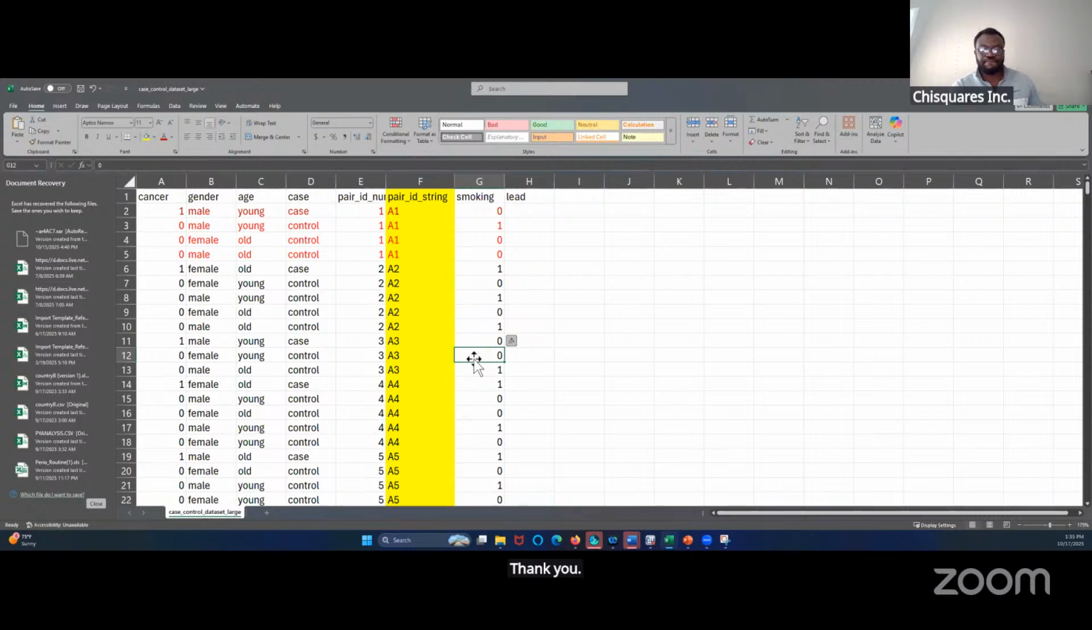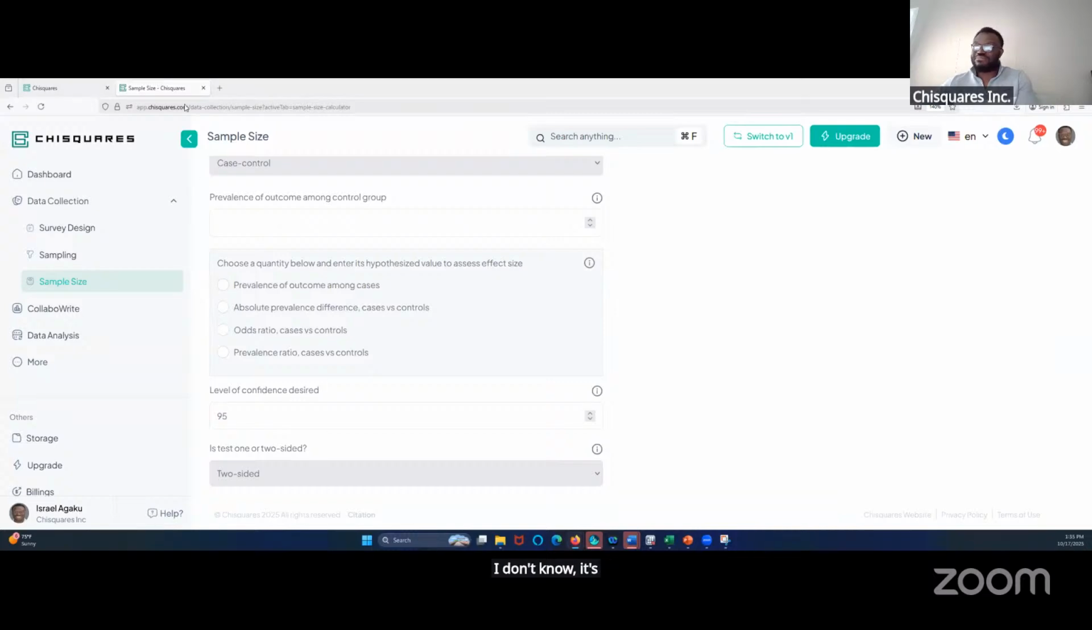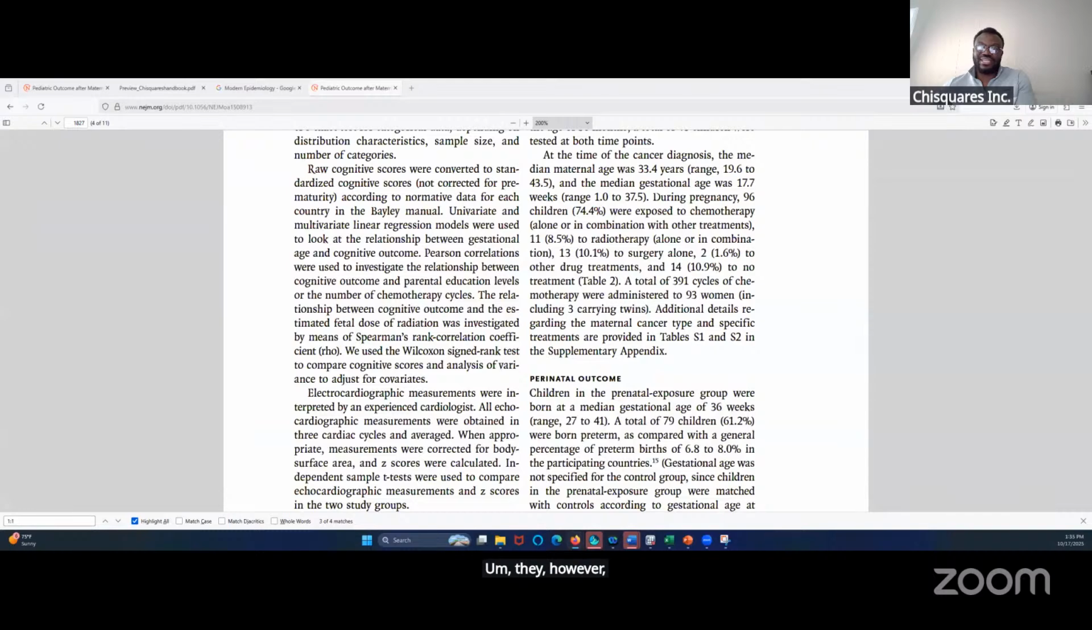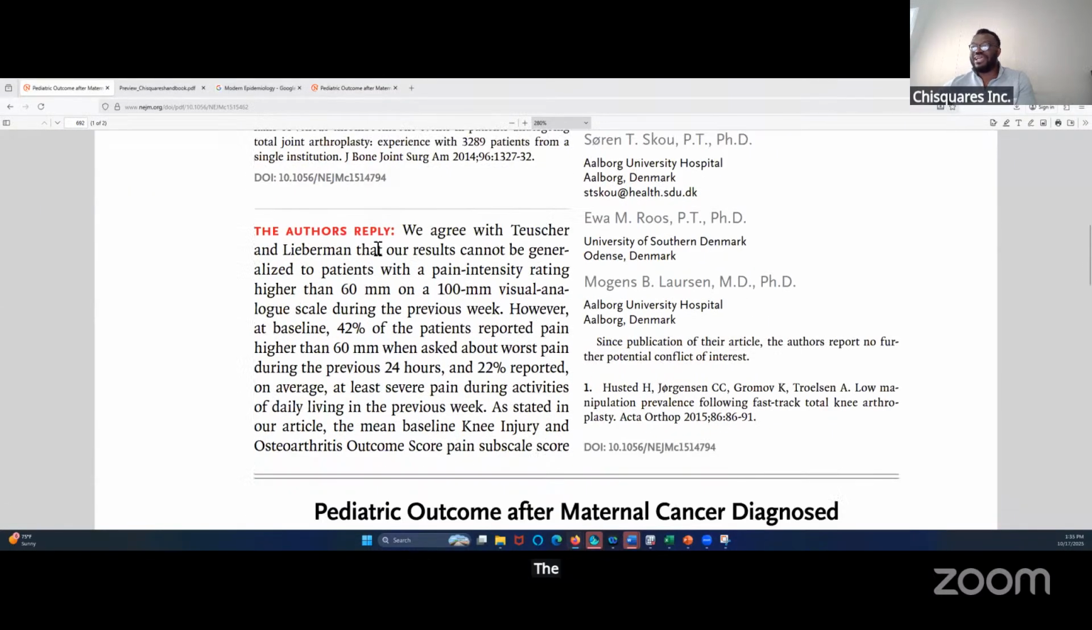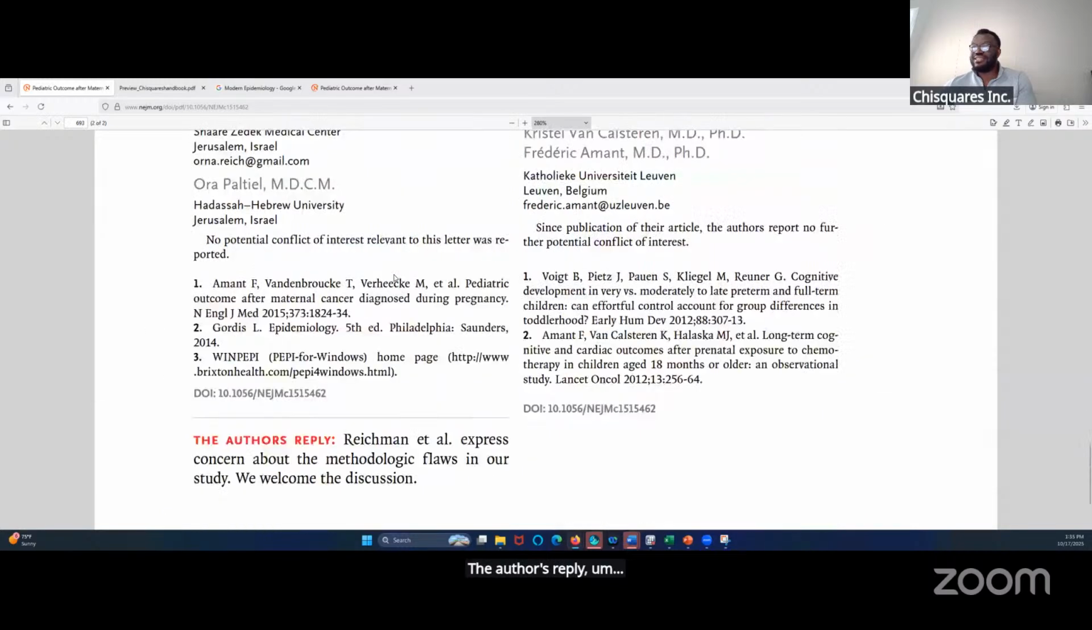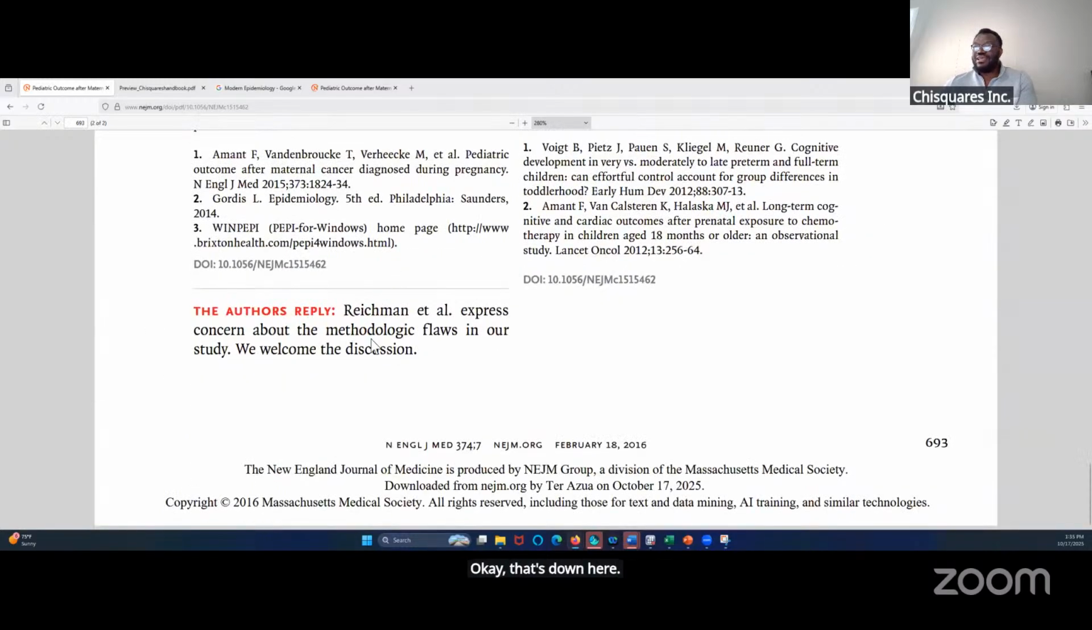Was the manuscript finally retracted? No, retraction is a very serious thing. We don't retract papers that easily. They, however, responded. Let's look at the response that they made. The authors' reply. Okay, that's down here. Okay, they said